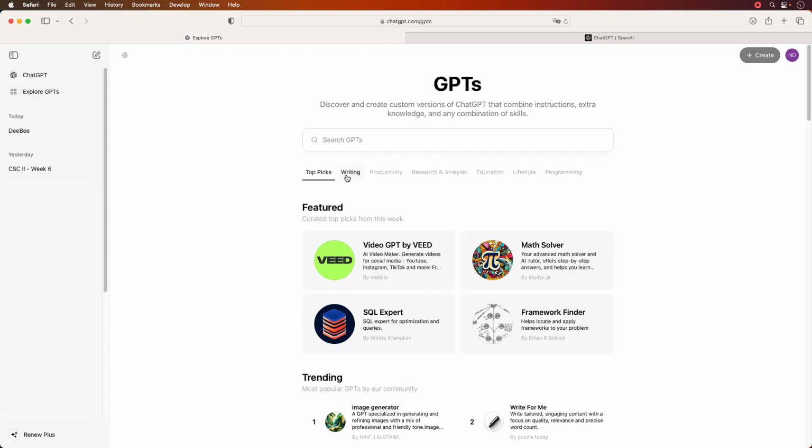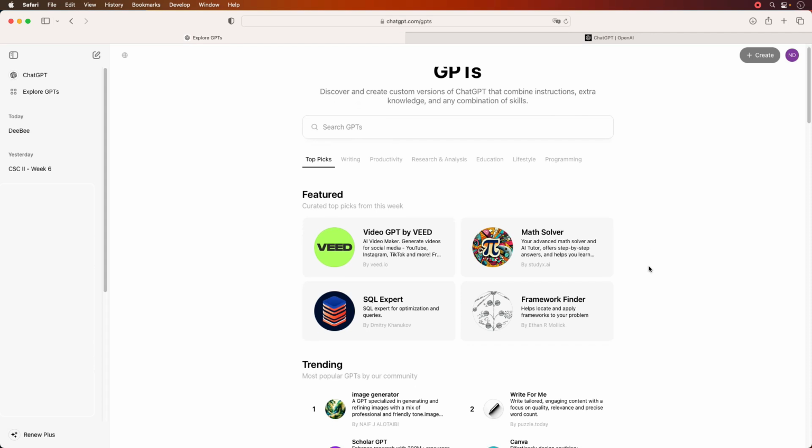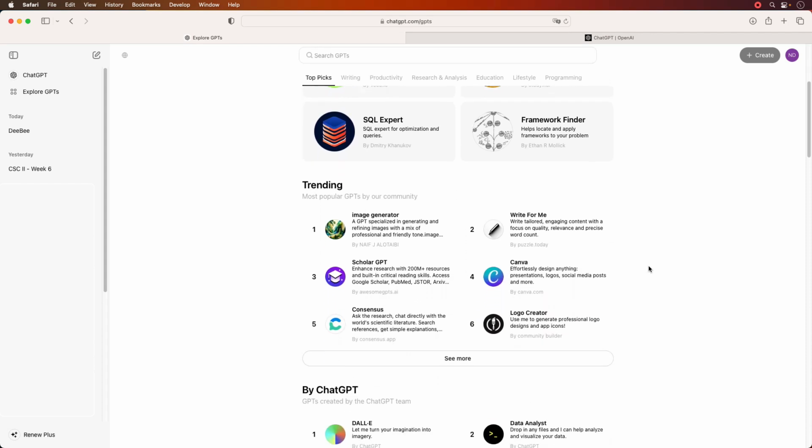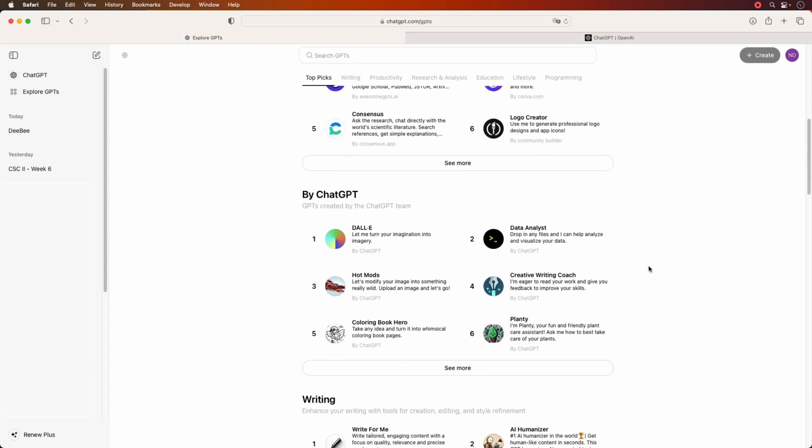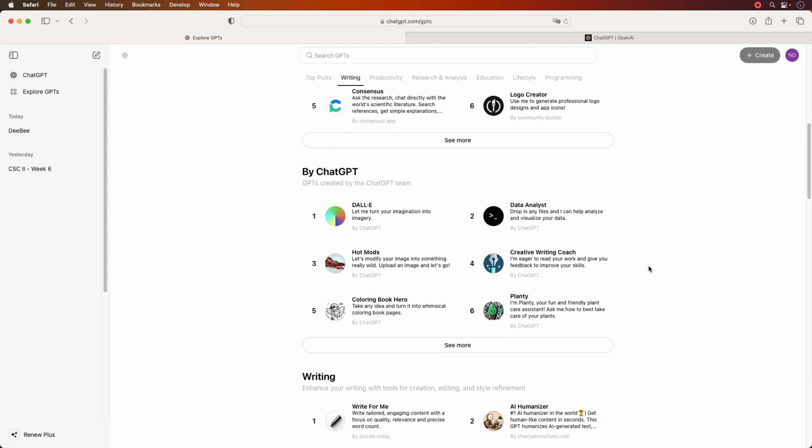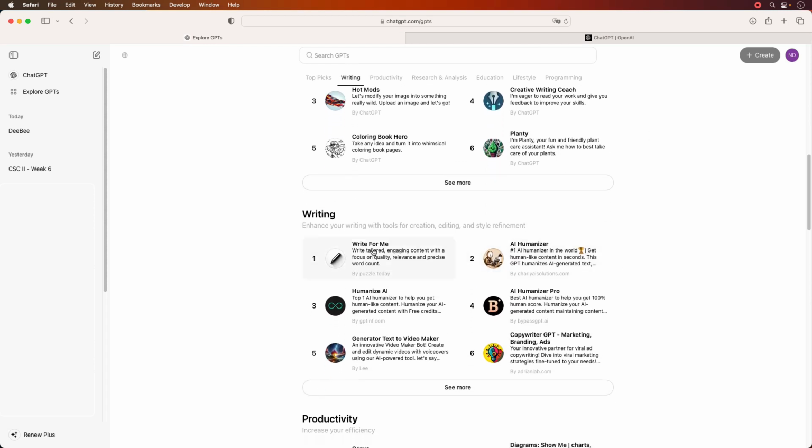and from here you can see that there are different GPTs that are specific for different topics, like writing, productivity, research analysis, education, lifestyle, programming, and so on. Now, some of these, or maybe most of these, require the monthly subscription. So again, explore them. You can go one by one if you like, and anytime you try to use it,